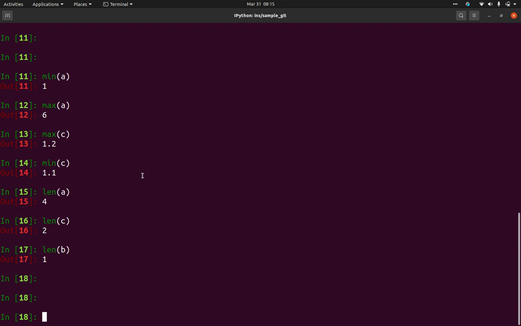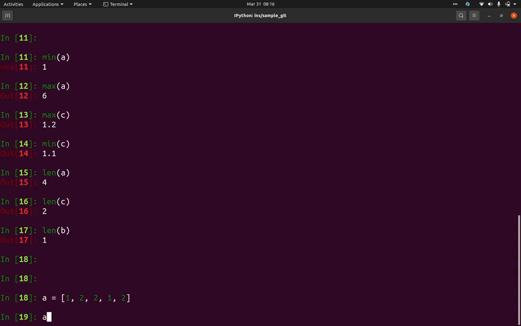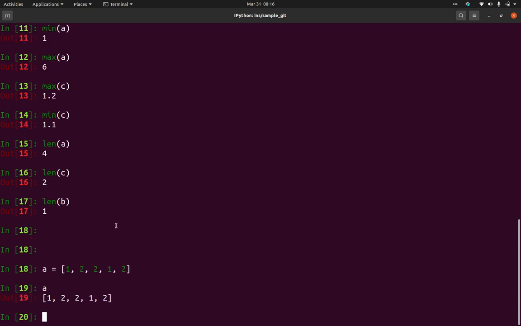The major difference between sets and lists: both are collections of items, but sets can only hold unique items. Let's say I have a list with duplicate items. When I access my list, all the duplicate items are present. But sets cannot hold duplicate items.